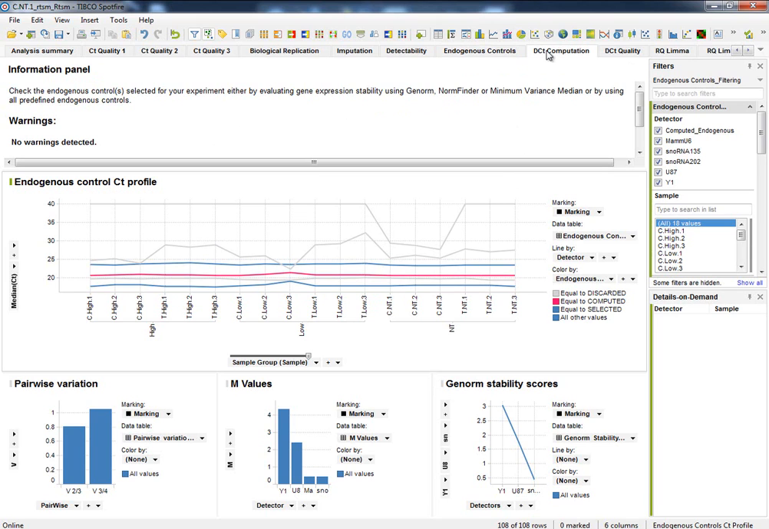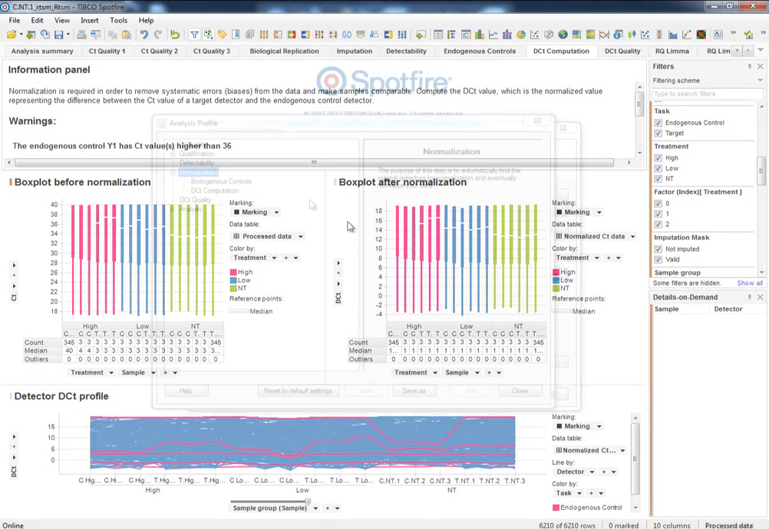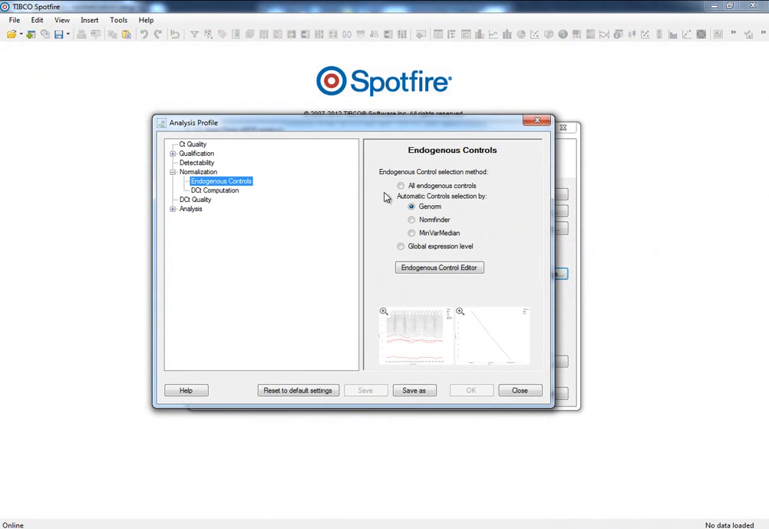Let's start from the beginning with the Analysis Profile tool, where all normalization settings can be configured before running automatic analysis to get the results. We recommend watching the Analysis Profile tutorial to get familiar with this configuration tool. StatMiner provides several methods to establish the set of reference detectors that we can use for the normalization process. We can select all our endogenous controls or allow StatMiner to automatically determine the best subset of endogenous controls to